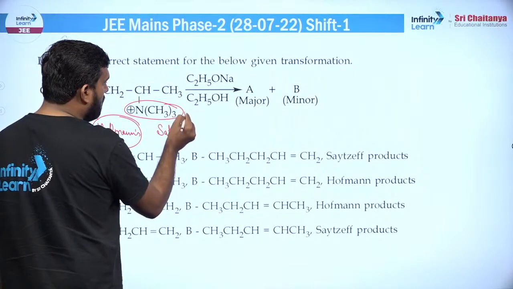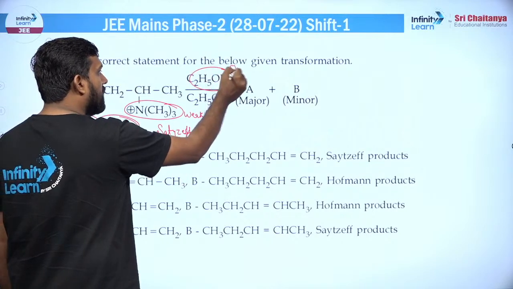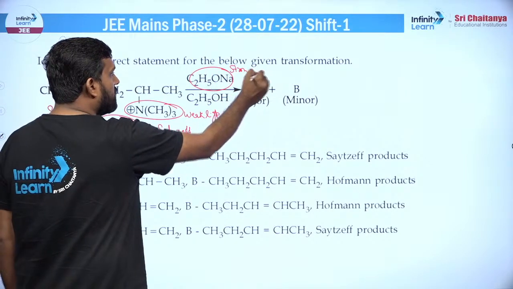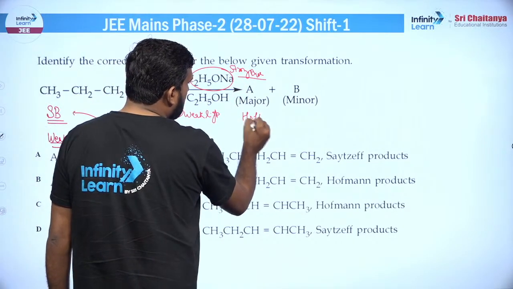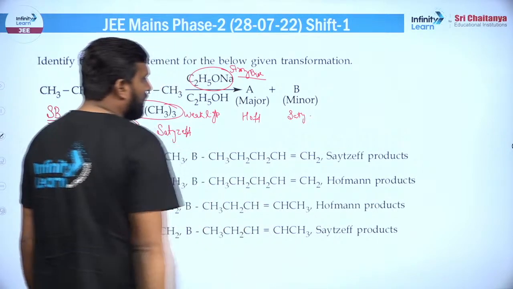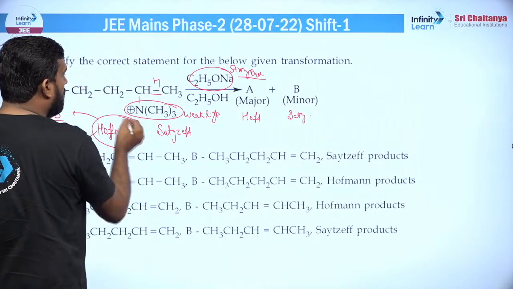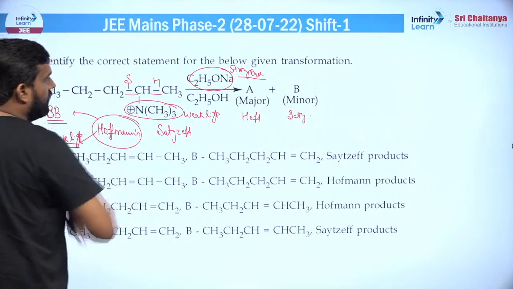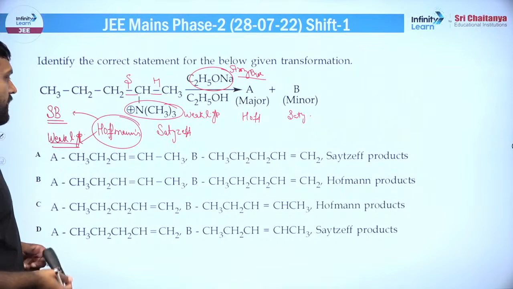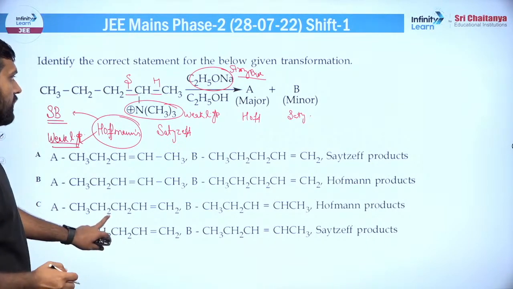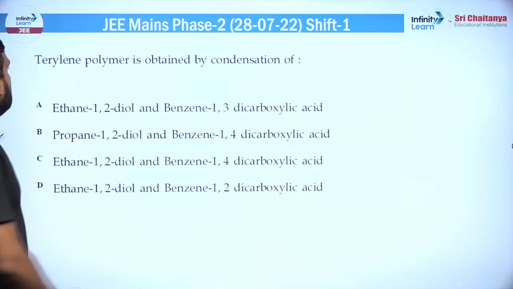इसमें देखो जो ये लगाकर दिया हुआ है, ये बेसिकली वीक लिविंग ग्रुप है, और जो यहां पर बेस है ये बहुत ज्यादा स्ट्रॉन्ग बेस है। तो स्ट्रॉन्ग बेस भी है और वीक लिविंग ग्रुप भी है, तो जो मेजर होगा वो हॉफमैन हो जाएगा, और जो माइनर होगा वो सेटजेफ हो जाएगा। हॉफमैन एल्कीन में यहां पे पाई बॉन्ड मिलेगा, और अगर मेजर सब्स्टिट्यूटेड मिलता है तो वो सेटजेफ कहलाएगा। तो देख लेना कौन से में प्रोडक्ट मैच कर रहा है। वैसे हॉफमैन वाले ही दो ऑप्शंस में से कोई एक सही हो सकता है, तो ए तो ये मेजर है ना, तो ये वाला आंसर होगा, ठीक है, सी।